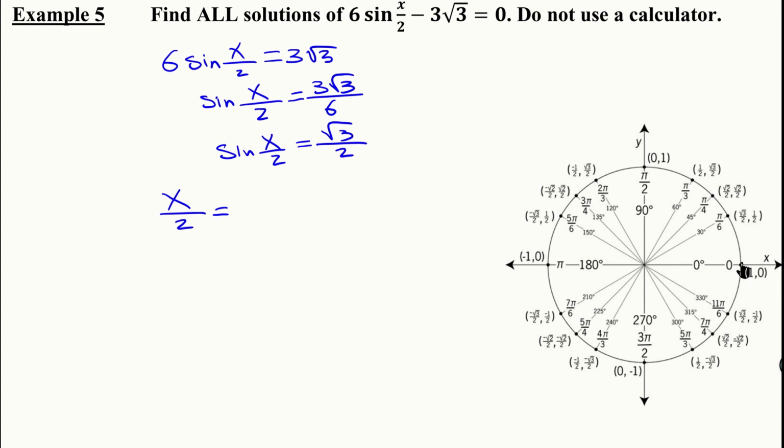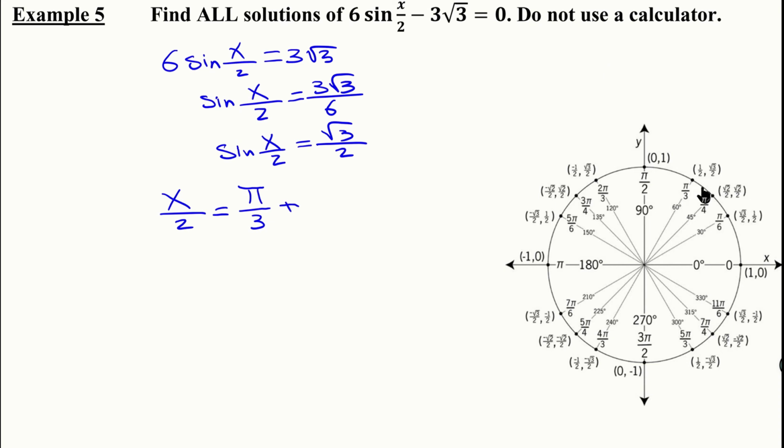So as we start here and go up on the circle, we notice that the first place where the y value is square root of 3 over 2 is obviously pi over 3. And we don't want to look down here because here the sine values are negative, but we do know that we have another relative of pi over 3 in this quadrant whose sine or y value is also square root of 3 over 2. So we say x over 2 is either pi over 3 plus,